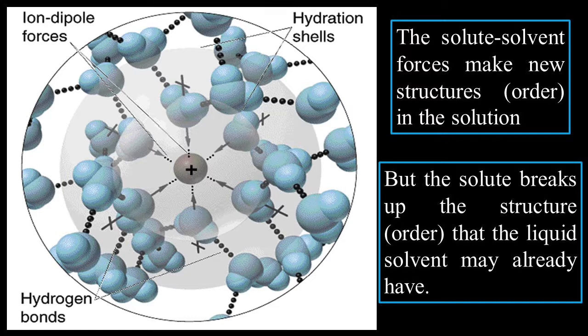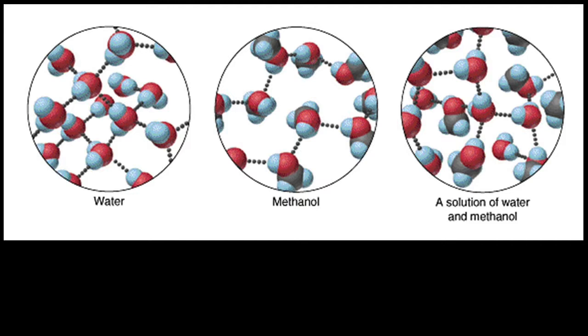So based upon the hydration shells, there can be order in the chaos of solubility. Very important concept, not only in science, but also in philosophy. Here I have water, methanol, and a solution of water and methanol. Methanol is miscible in water to a certain degree, but you can see there's much more hydrogen bonding in water